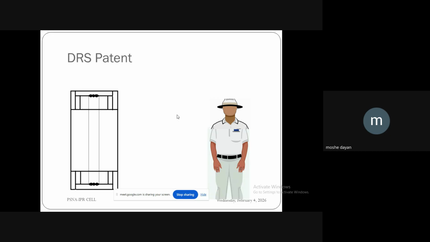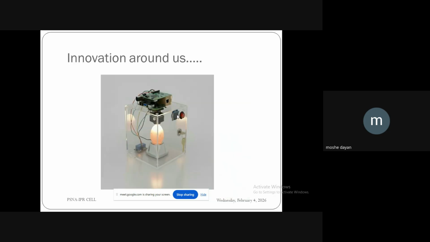So our students have come up with a very simple solution. The moment the ball is bowled, the DRS device, kept on the hat of the umpire, uses an AI trained on some 1,200 ball combinations. When the light glows green or red, the batsman will look at the light, and then he may go for a DRS. So we can save a lot of time. For this particular patent, we recently received the FER. We are going to answer this FER, and hopefully we will secure a grant for this wonderful innovation.